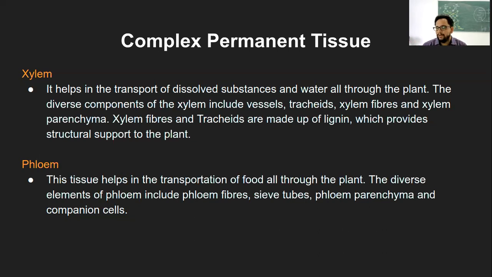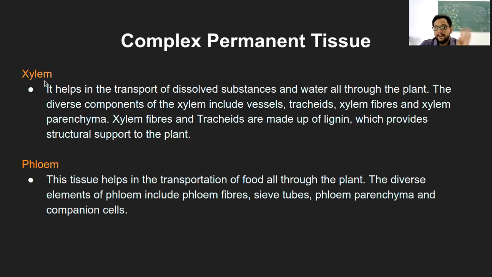That is all through the plant structure. So it starts from the root, it goes all the way until the leaf structure. They are long tubular structures. The diverse components of xylem include... now xylem is not a single type of cell, it has different components, right? So for example, when we talk of a digestive system, we have stomach, we have intestine, and so on, right? Similarly, if you go further within the layers of stomach or intestine, you will have different components. So this is also something like this.